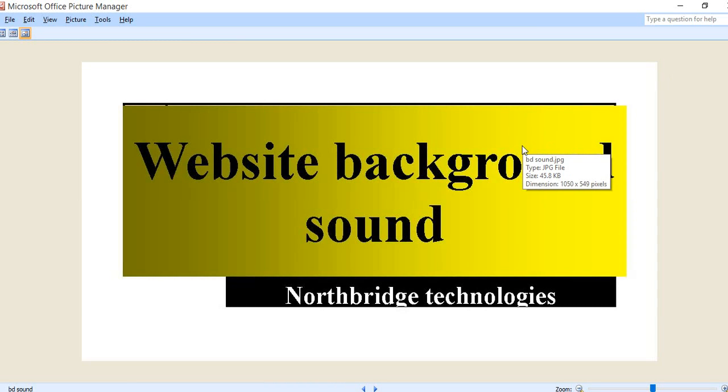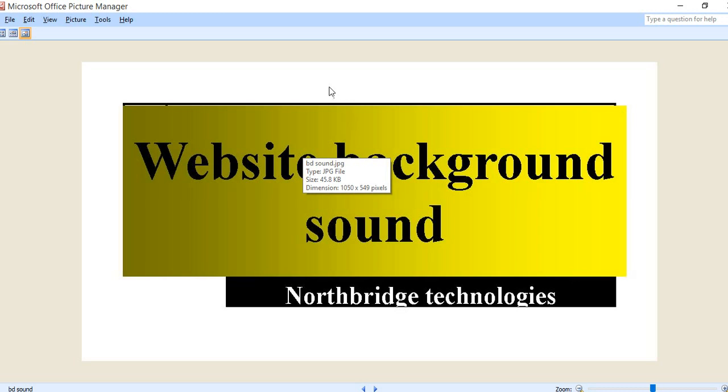Friends, welcome. Let's look at how to design a website background with sound. The sound comes as long as you load onto the website. So briefly, these are simple processes that we use while trying to develop such